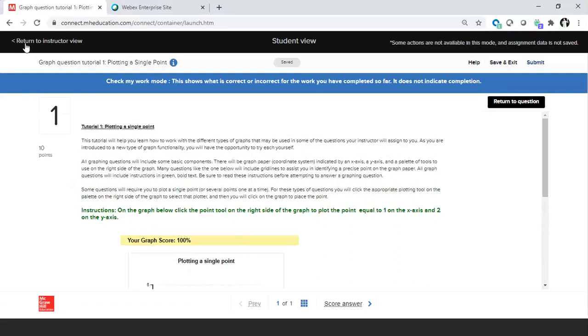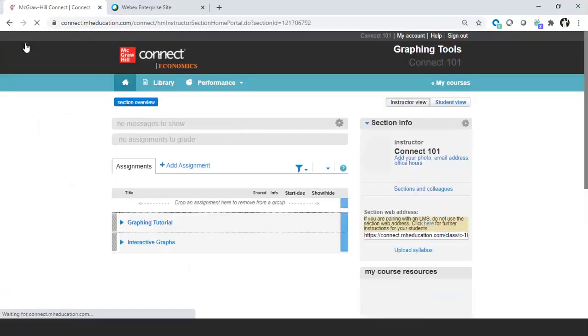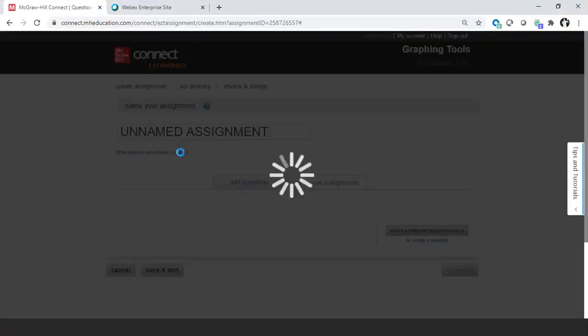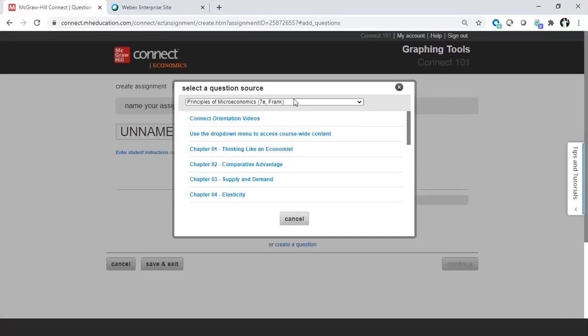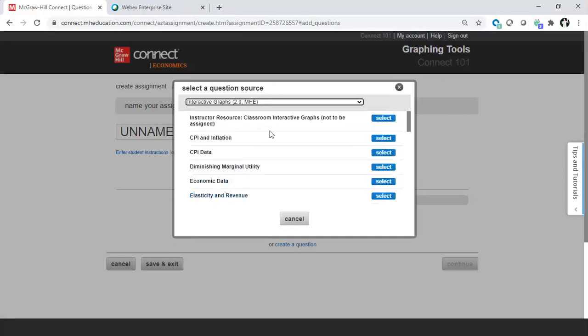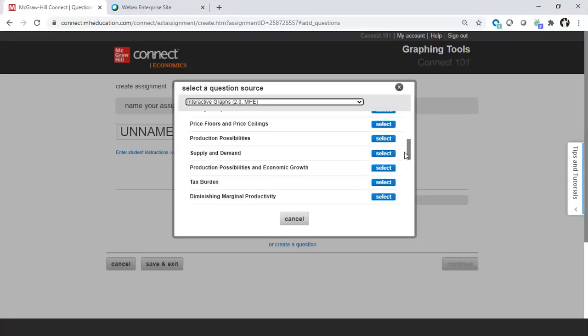So how we set these, I'm just going to go to the instructor view here, is by clicking assignment again, and this can be found in the question bank. And when we're in the question bank, we're just going to change our source here, and we're going to use the interactive graphs. So again, these have kind of standardized stuff here. What we were looking at earlier was,